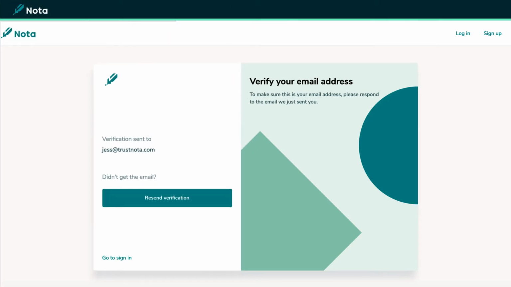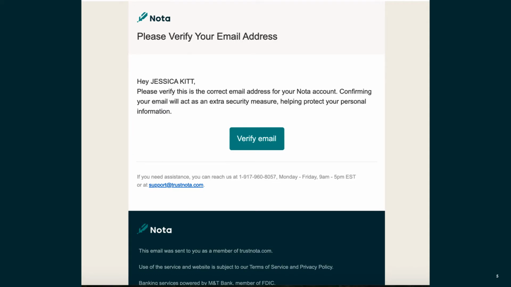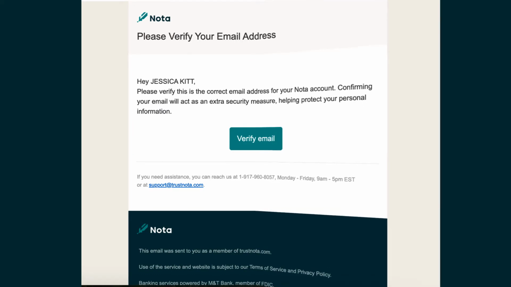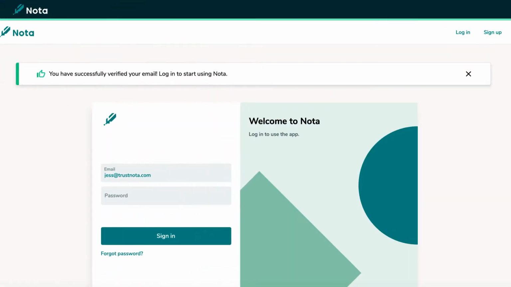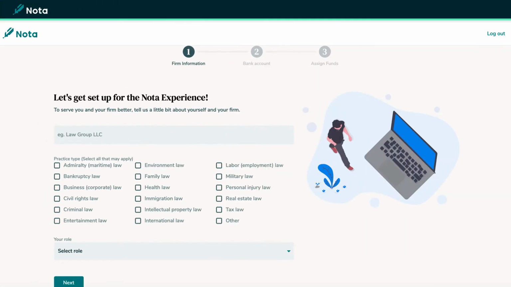Next, you'll be sent a verification email to the email address you indicated. Go to your email and verify your account with Nota by clicking Verify. Next, you'll be brought to a screen where you can log in again. You'll then be brought to a screen where you can fill out your firm name, your practice areas, and your